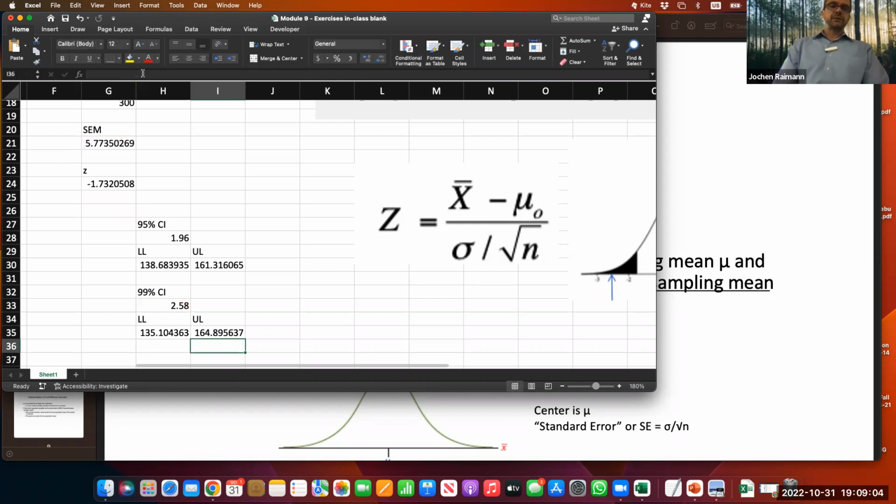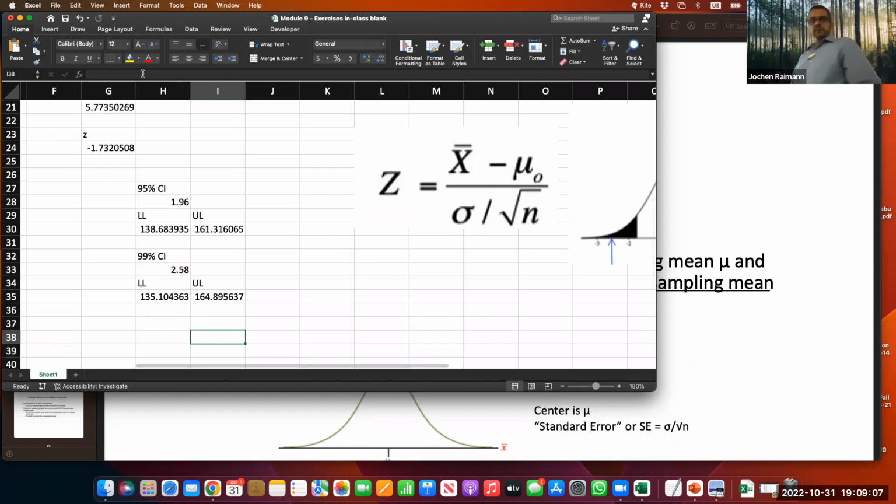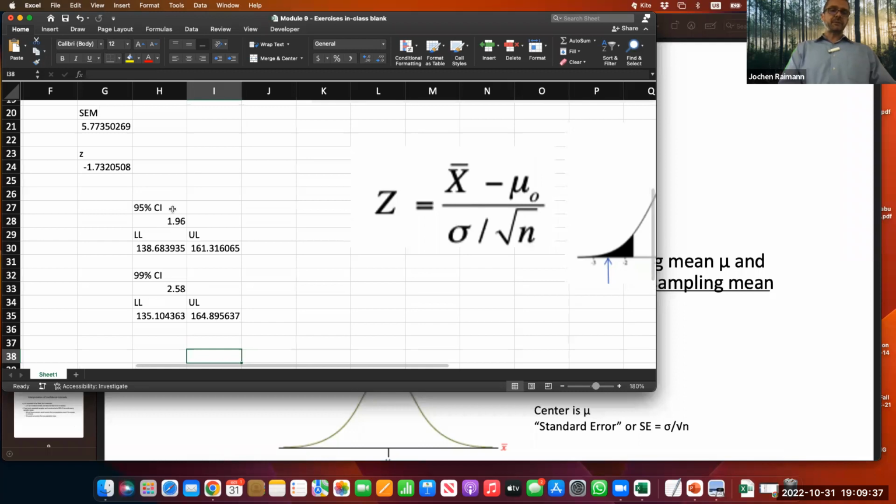So you see here illustrated that as soon as you widen your interval and you thereby increase your confidence that you're capturing the population mean, this will essentially widen also the numerical values. So now that interval has widened, and thereby you become more confident that your confidence interval will contain the population mean. If you would go for an alpha of, let's say, 10%,